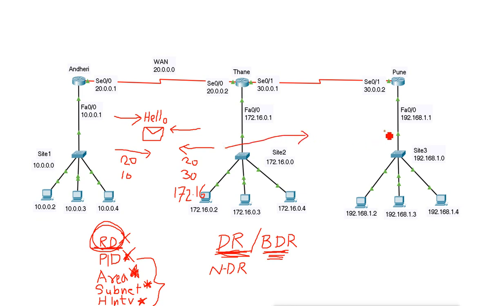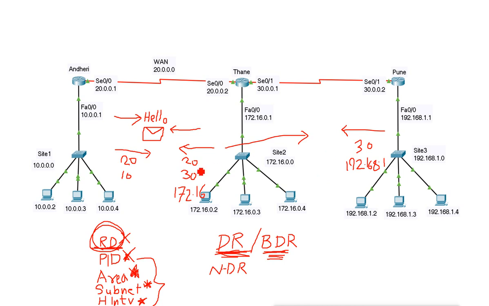And this side, this router will send that I have these networks, like network 30 and network 192.168.1.0. It will start sending this.